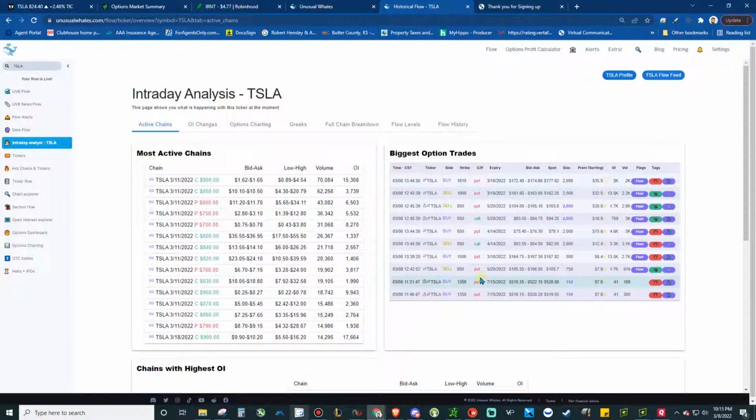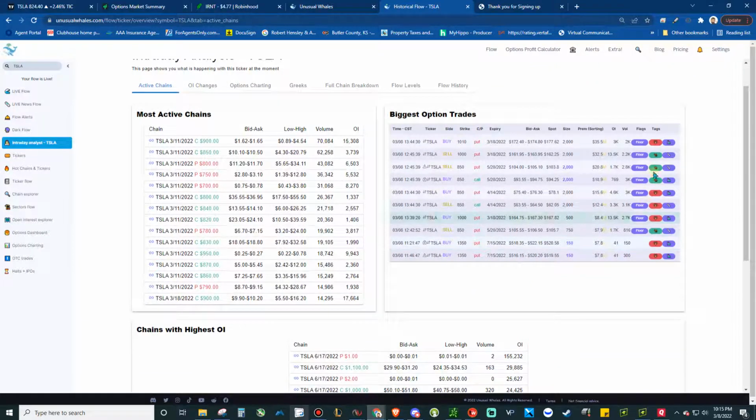Obviously, checking the big options trades too. Big thing. You want to see floor trades. You want to see sweeps in your direction. If you're long, you want to see bullish plays from the floor with sweeps. Those are the best type. So we see a lot of floor trades with Tesla. I was just kind of looking at this. The biggest trades, you can see some pretty large sizes coming in,